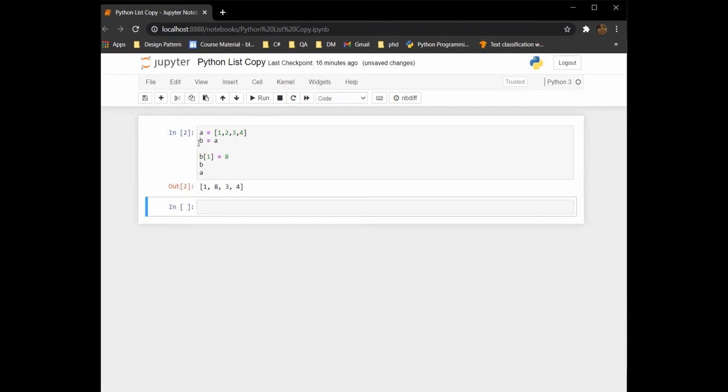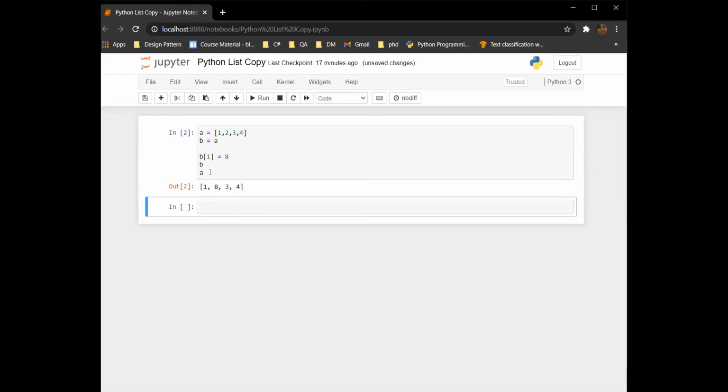It shows that B and A are the same names for the same location. These are two different names. So the list A is created in the memory, and B and A are two names for that particular location. So as I changed the data value at index 1, it is changed in A and B both.